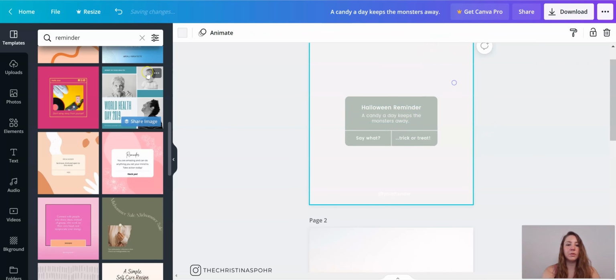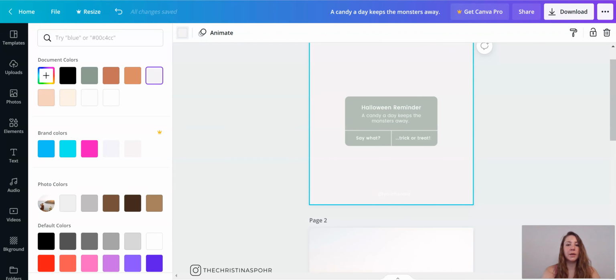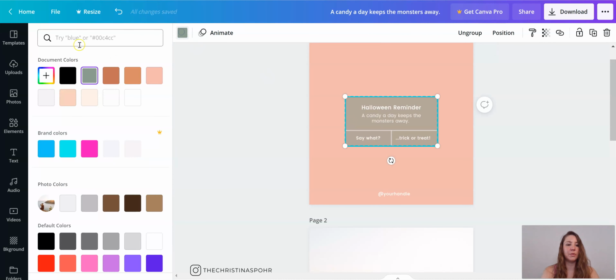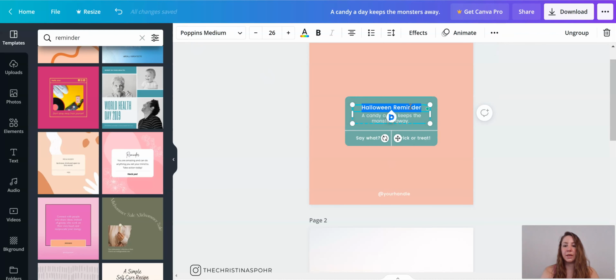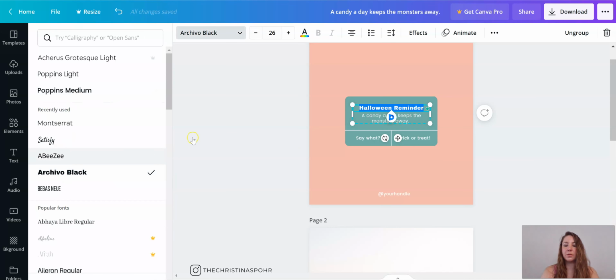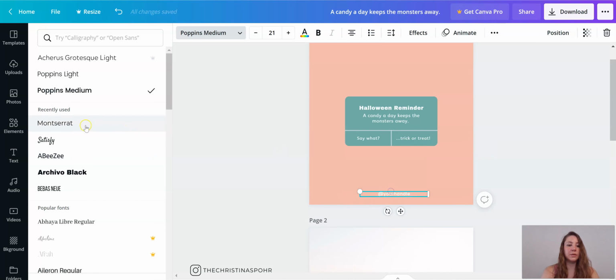So all you'll do is go into your background, and let's say our background color. So we'll do that, or this one right here for the reminder, and then we'll say this is a different text. What we want to do is change this to our brand font, okay? Change that, change that. So you can see how simple it is to come in and completely create your own,